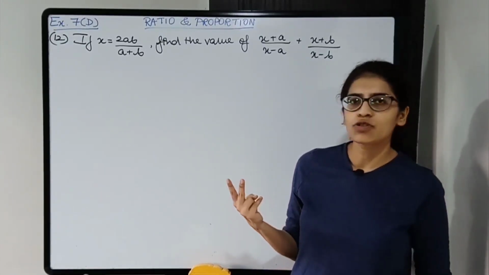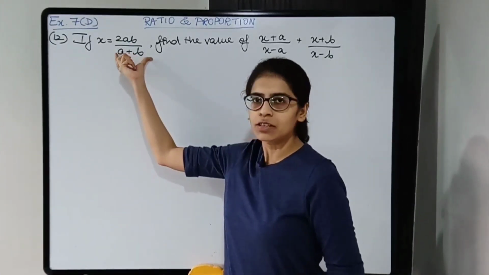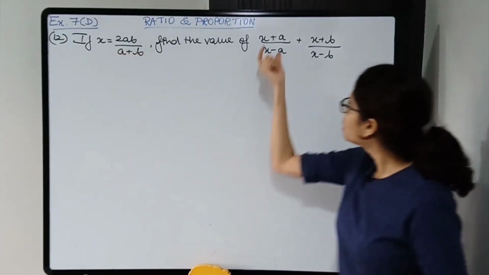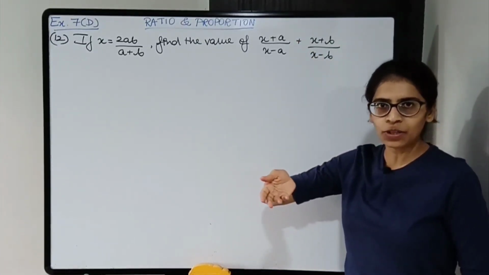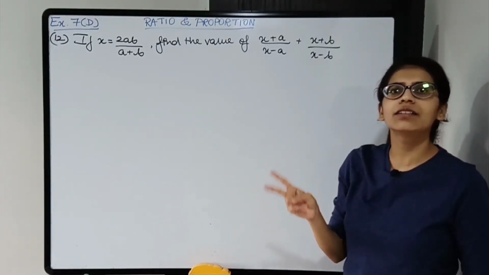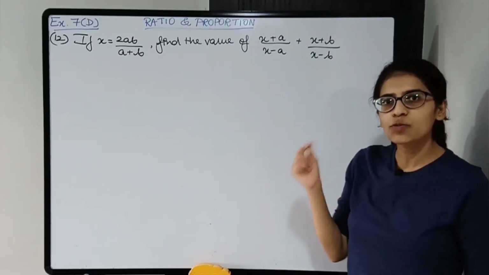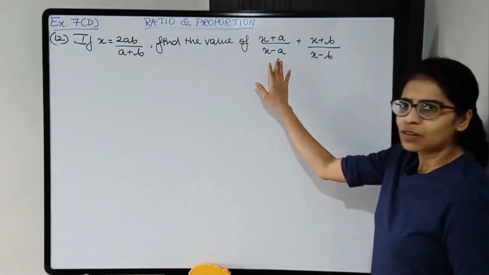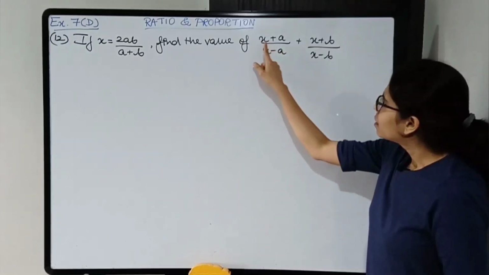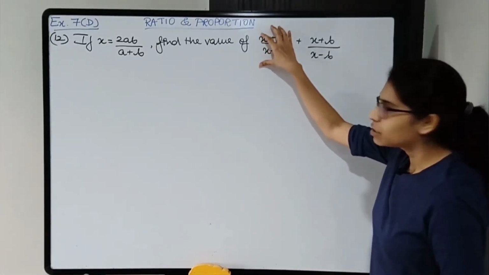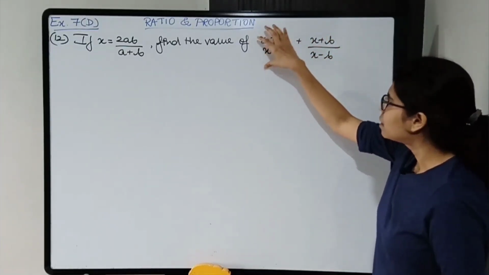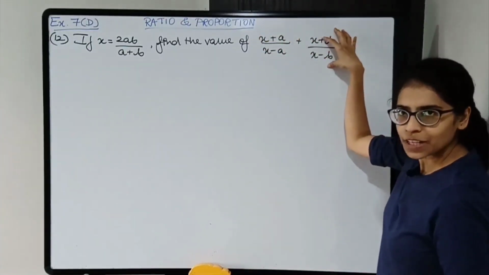So direct substitution में क्या करेंगे? X का value is given. You just need to substitute value of x in this. यहाँ पे substitute करो and solve further. Okay, that is one method. Other is properties. So which property? Check what value you need to find. There is x. Just check each part. There are two parts. ये plus ये, है ना?